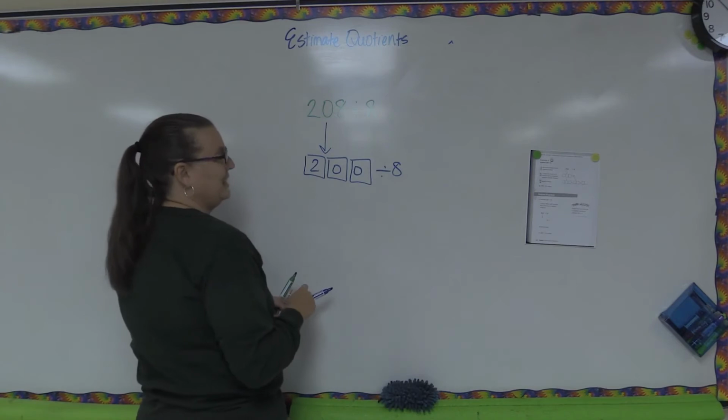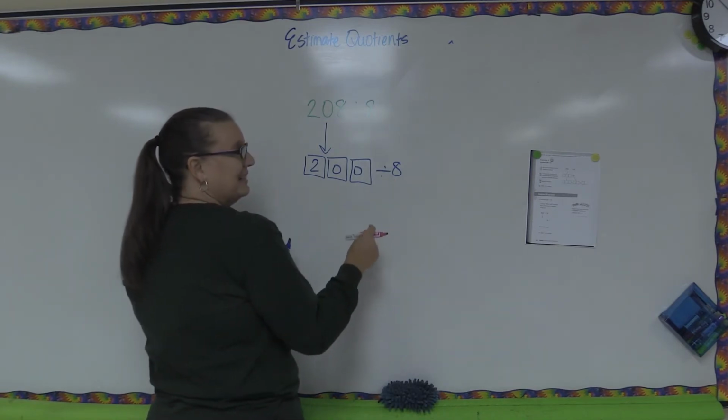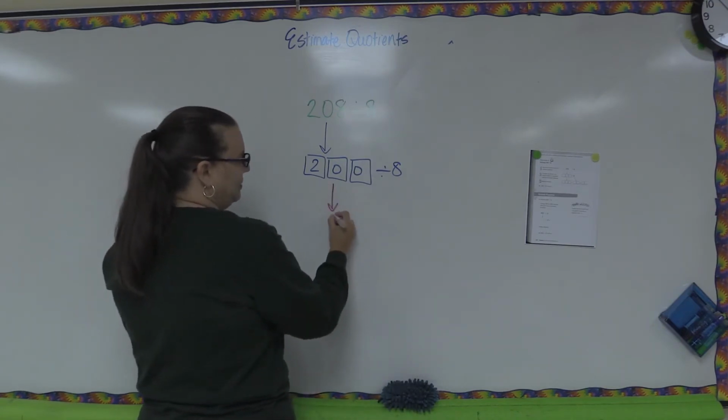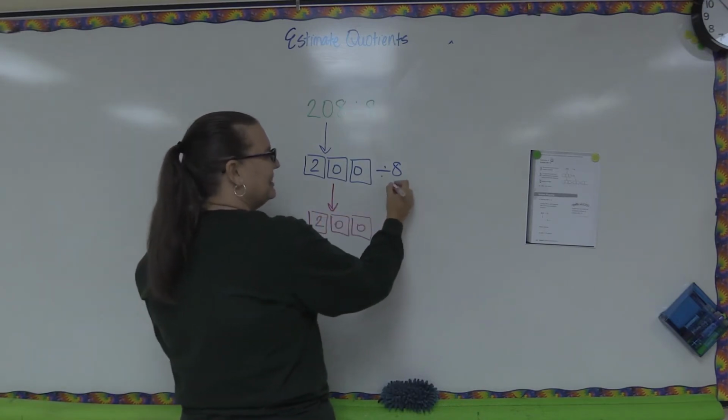So they're taking it a step further. They're asking you to go ahead and estimate this number. Use a compatible number here. So it has you bring this one down, and you've got these same boxes on your paper to fill in. I'm going to keep the 200. I kind of like that number. But instead of using 8,